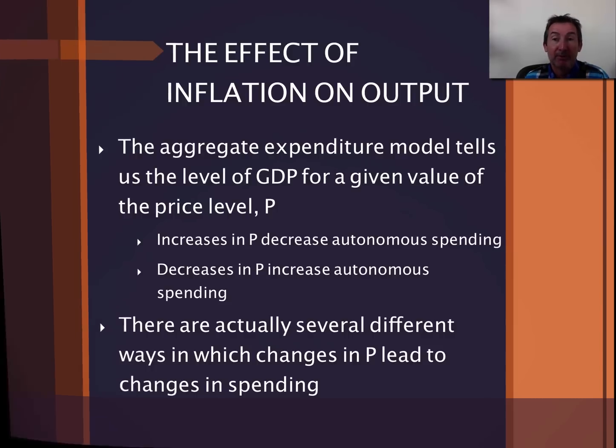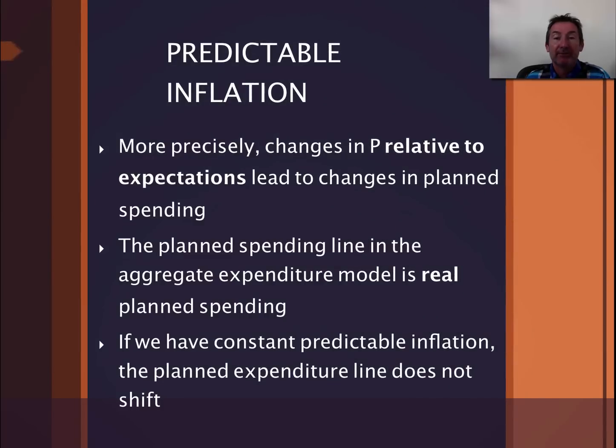We should be a little bit more precise about this. Really, we're talking about changes in price relative to expectations. So the planned spending line in the aggregate expenditure model is real planned spending. You can think about all the variables in the aggregate expenditure model as being real variables: real consumption, real GDP,